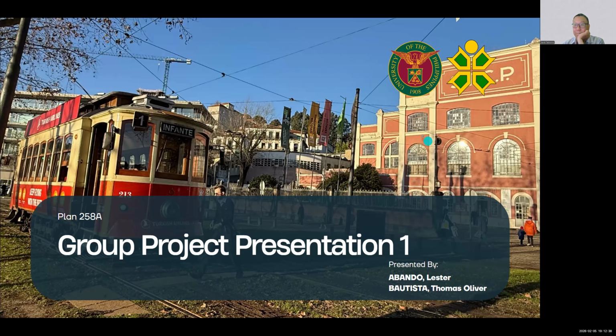TOD is an urban planning approach that concentrates compact mixed-use development around high-capacity public transport, which prioritizes walking, cycling, and transit over private vehicles.